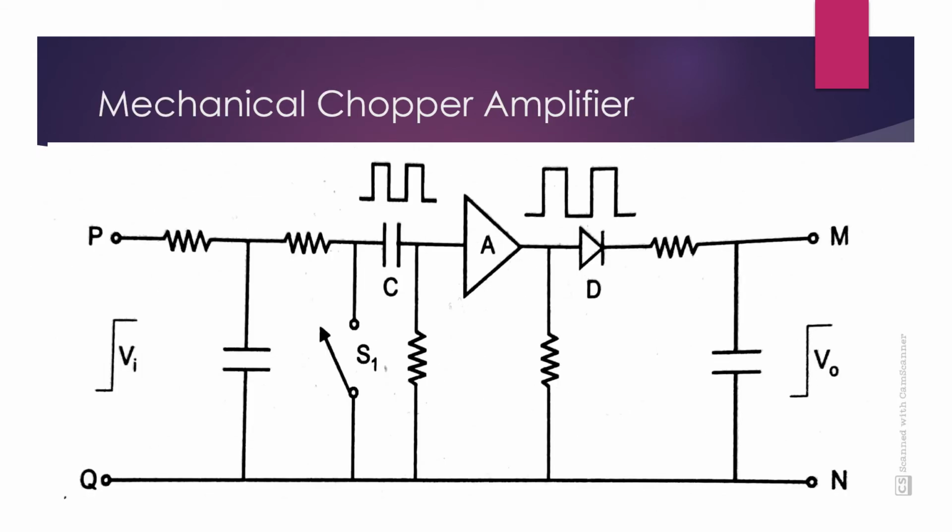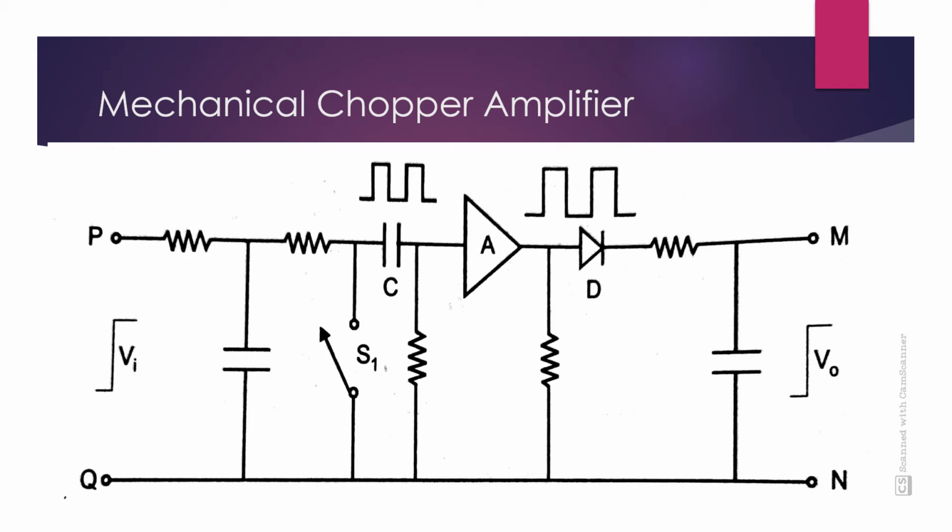The chopper amplifier is used in biomedical measurement because the biosignals have a frequency range from DC to a few hundred Hz. The chopper amplifiers are classified into mechanical choppers and non-mechanical choppers. The chopper is used to convert a DC or low frequency signal into a high frequency signal. Then, this modulated high frequency signal is amplified by a conventional AC amplifier.